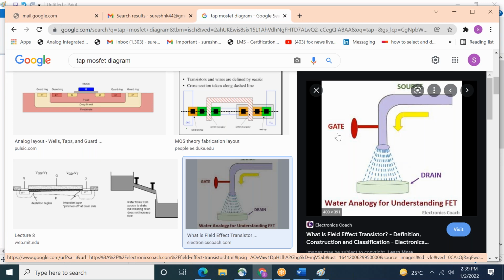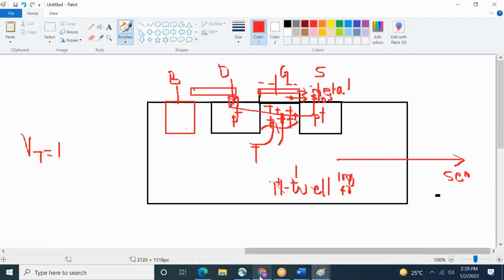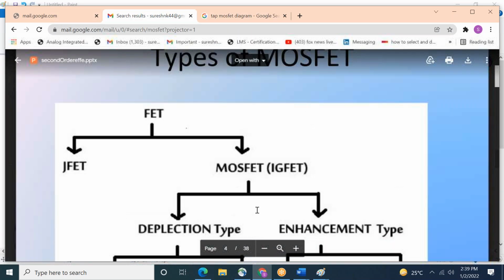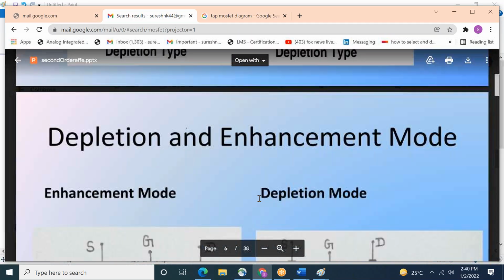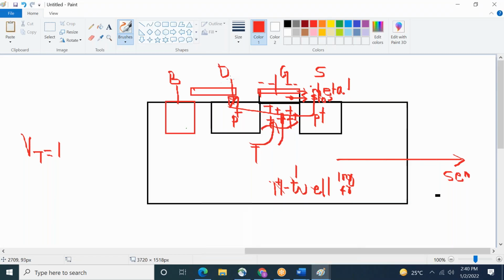So if you rotate this tap clockwise, it will stop, water will not flow. If you rotate anti-clockwise, water will start to flow. This is just a MOS example. So similarly, in PMOS, which voltage do you apply?